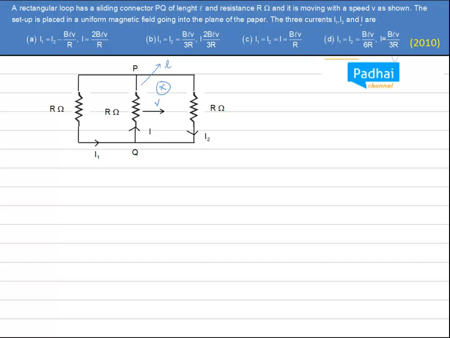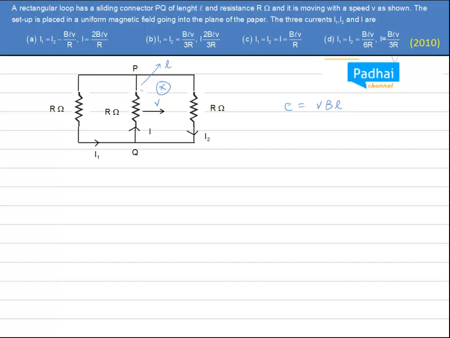The three currents I1, I2 and IR are given, along with their directions. Now we have to calculate the values. If a rod is moved inside a magnetic field, we know that an EMF will be generated. It will be equal to VBL. Now if you go by Fleming's right hand rule, you will be able to calculate the direction